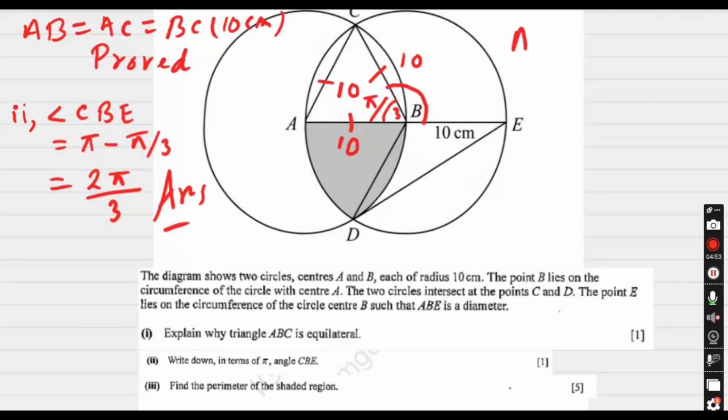So first is arc ABD. This arc touches the shaded region. The second is the line AB, which also touches the shaded region. And the third one is the arc BAD. So first we have to find arc ABD. Arc ABD